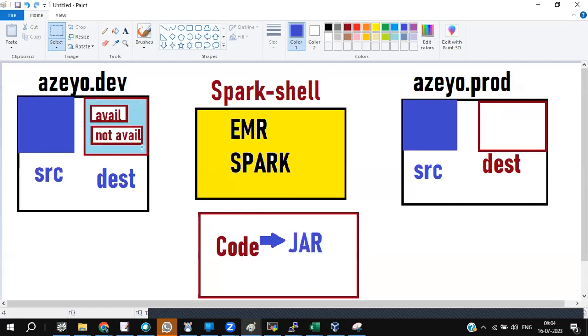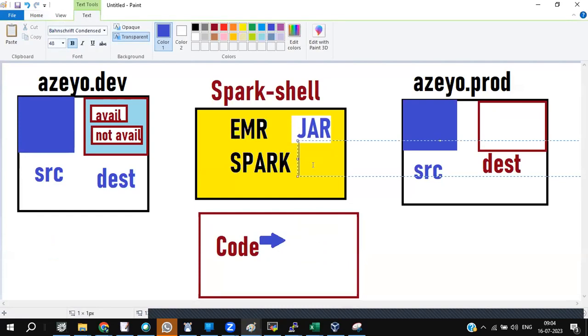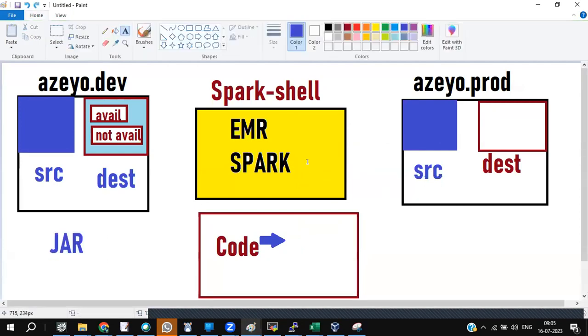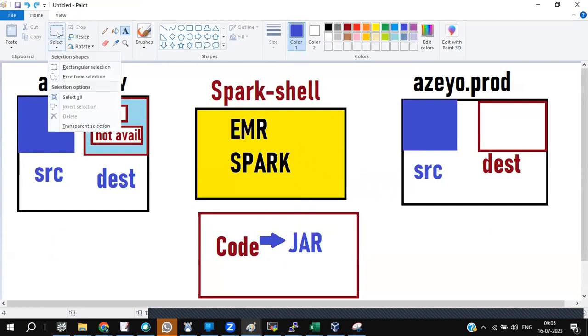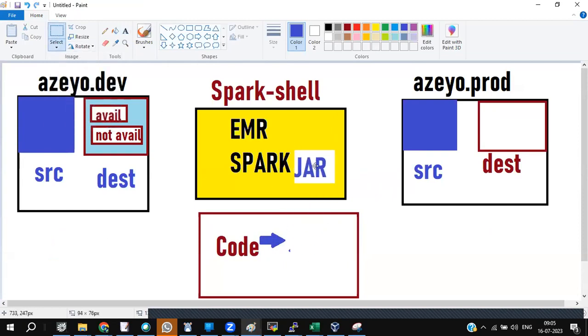What I stated, hey, I export it as a jar and I'll create an EMR cluster and do Spark submit. That's what my question was. Everyone understood, all of you? I stated, I'll export it as a jar, boss. First, I'll take the jar, I'll export this as a jar, then I'll create a normal cluster. Then I'll take the jar to the EMR cluster and do the Spark submit.